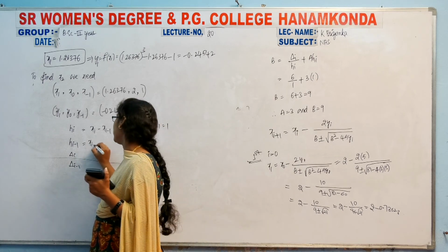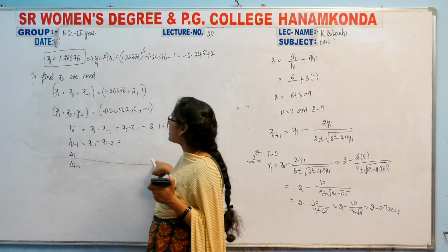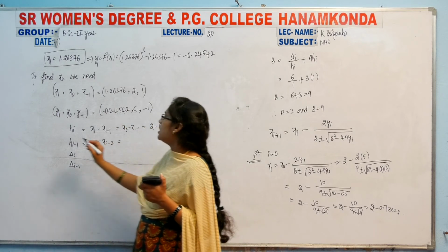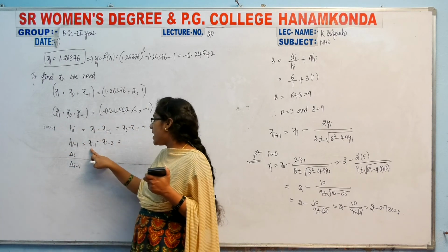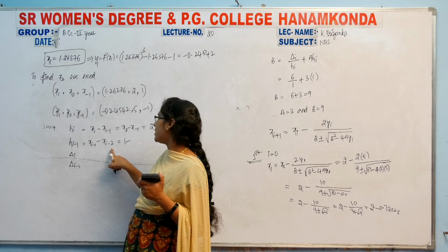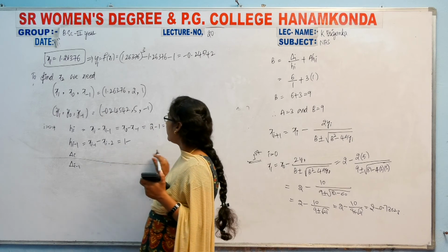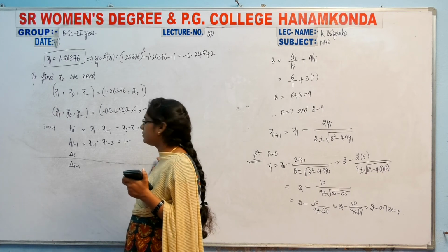Next, xi minus 1 minus xi minus 2. So xi minus 1 means I is 0 here. Then x minus 1, that means 1 minus 0 minus 2 means minus 2, right? So minus 2 means, of course here, okay, I think